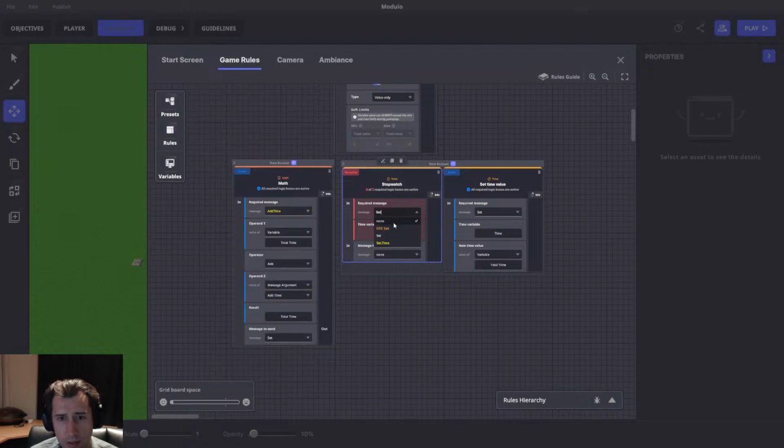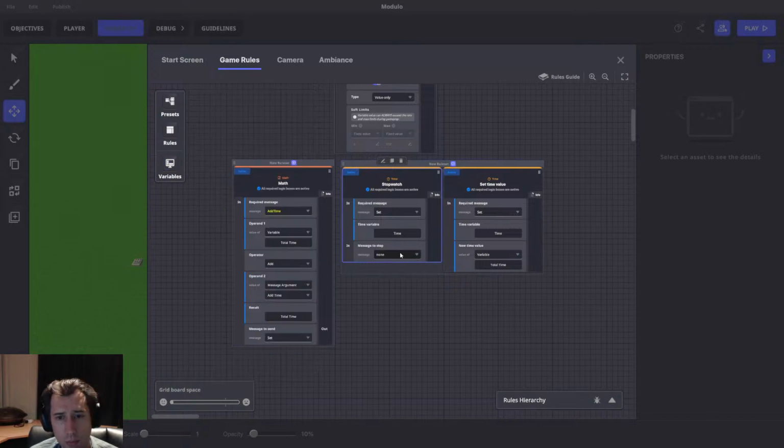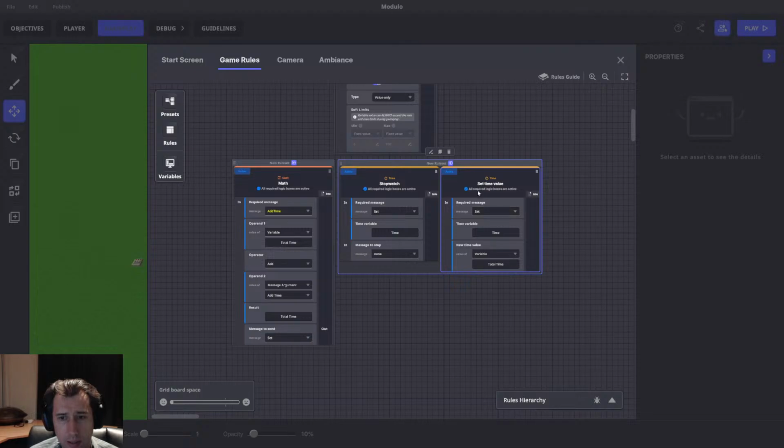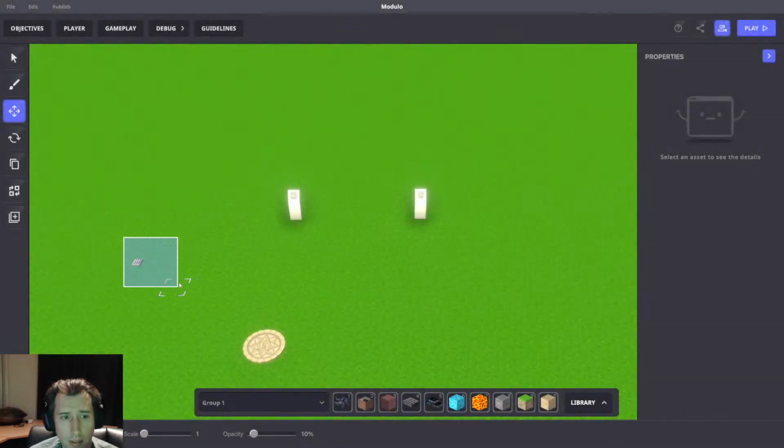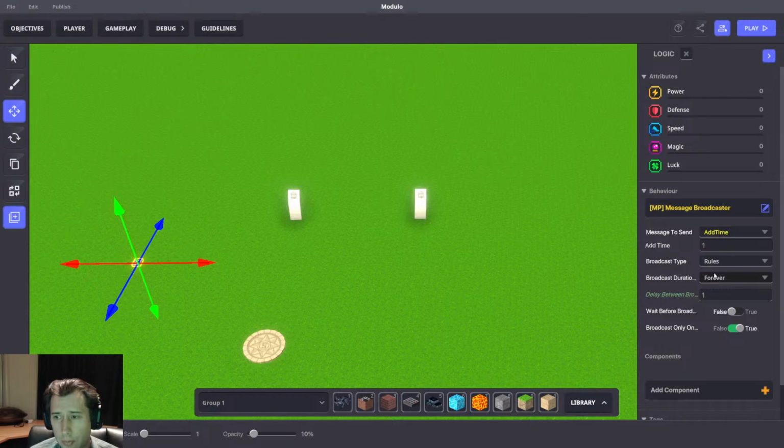And now we set the variable for time, and we can stop it, but we don't want to stop it. This is going to keep adding 1 each time this ticks up. It's going to add it here, and this one here is broadcasting forever, and the forever is 1, and that